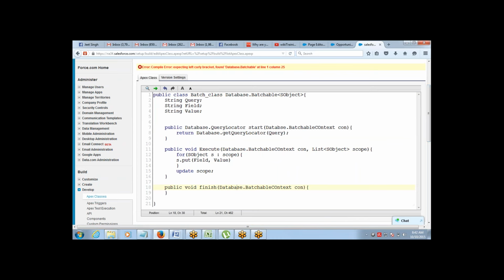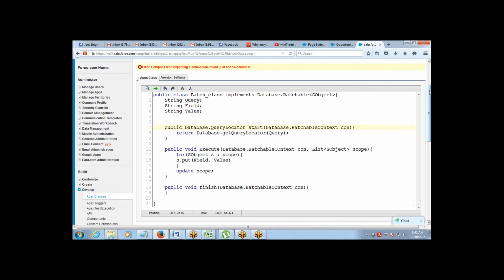Okay, here implements is missing. In line 7. Where Database, line 7. Okay.